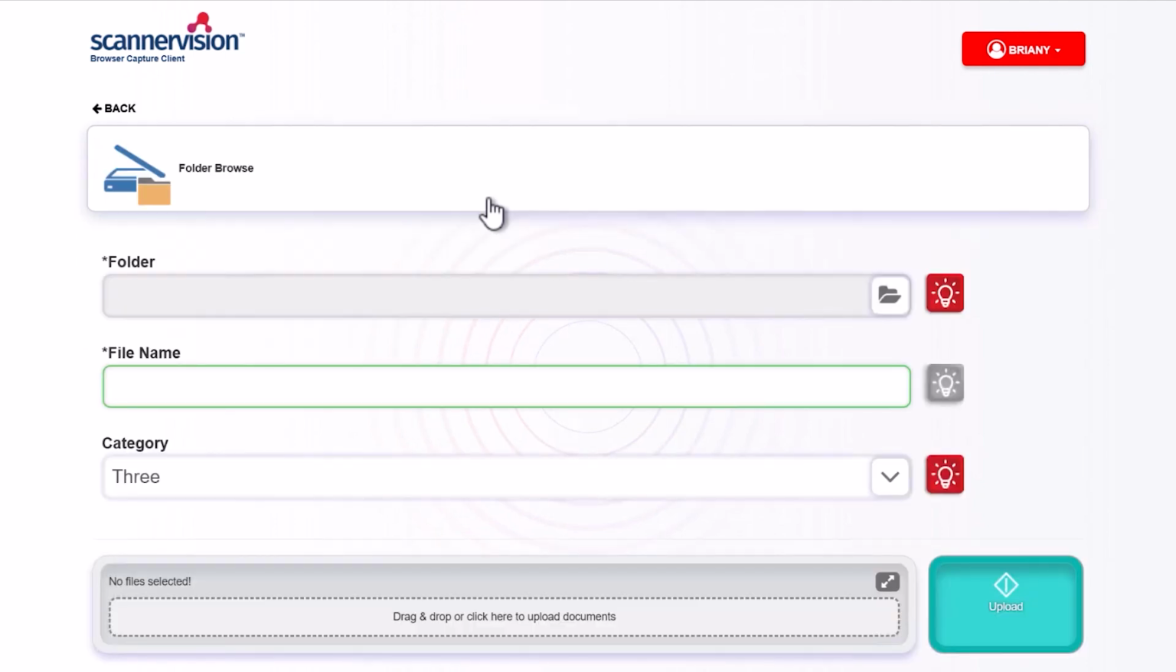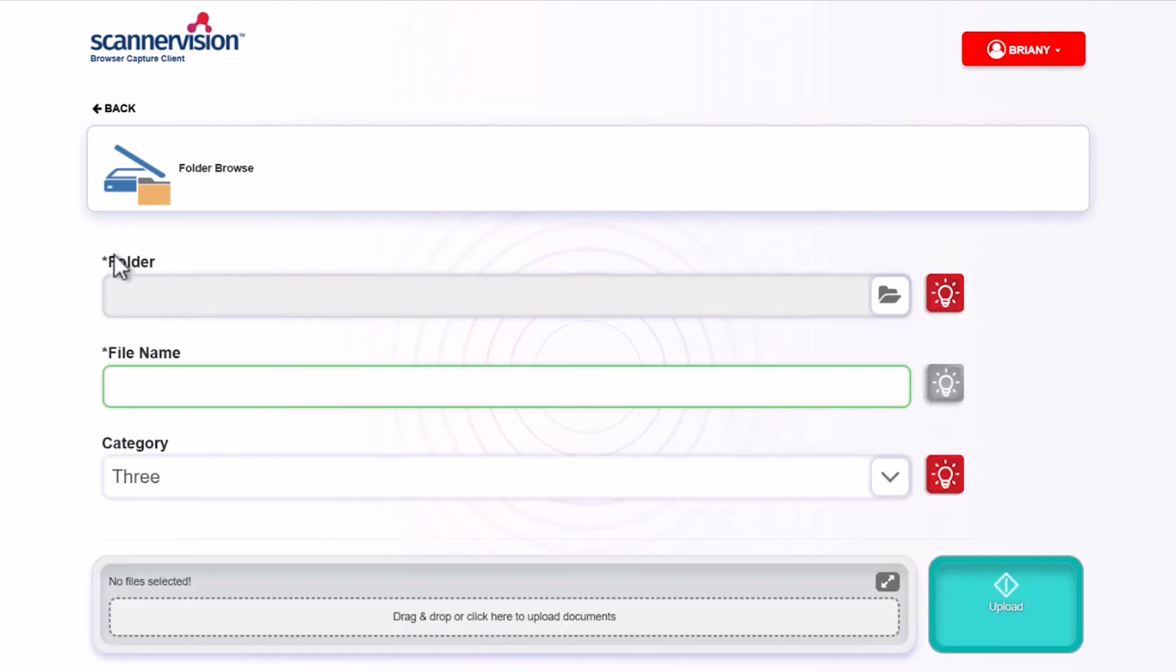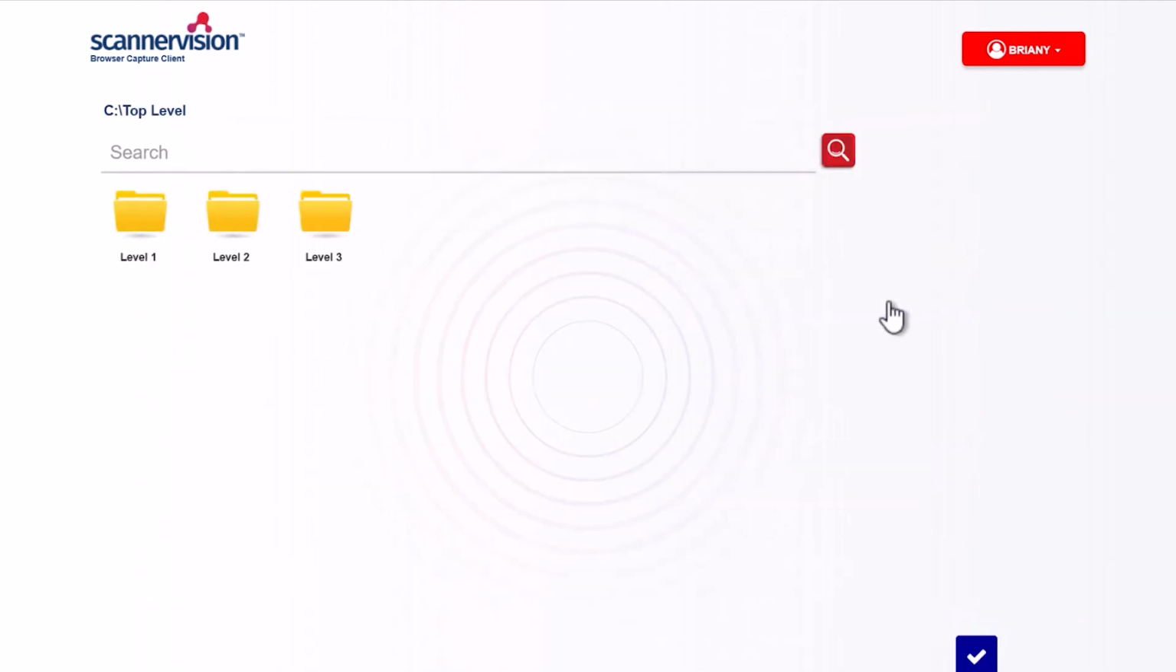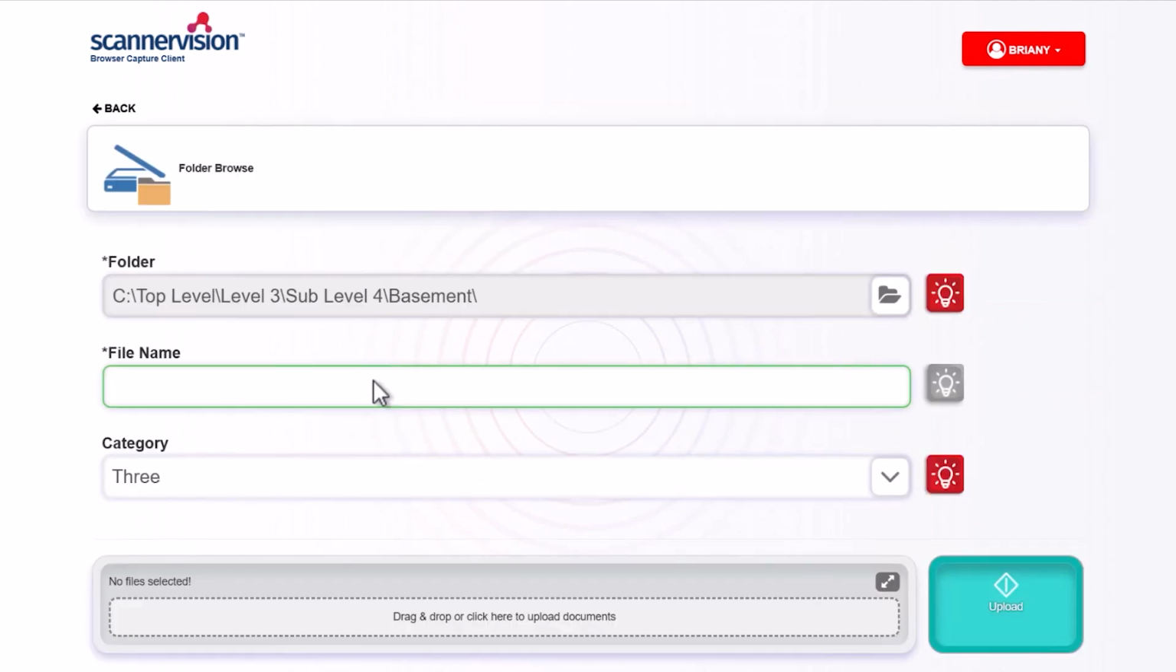If I click on Browse Folder, I then have this screen in the same way as our multifunction device clients. Anything with a red light bulb denotes a tooltip to explain to the user what they need to do with this particular question. Anything with an asterisk next to it means it is a mandatory field and must be completed. Over on the right hand side, I can click here and browse to subfolders. When I'm happy, I can click the tick, enter a file name,